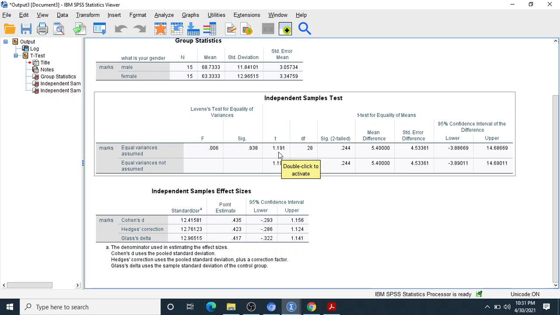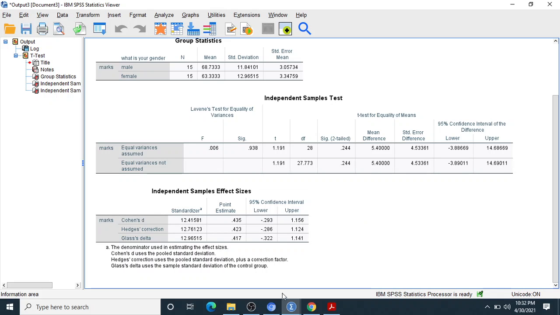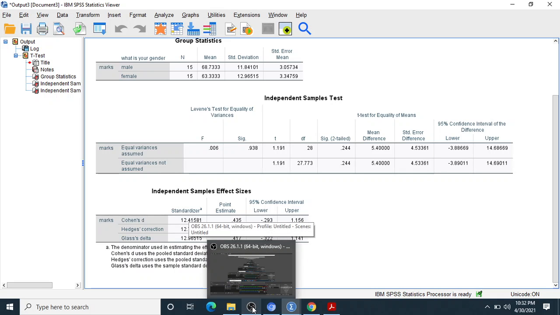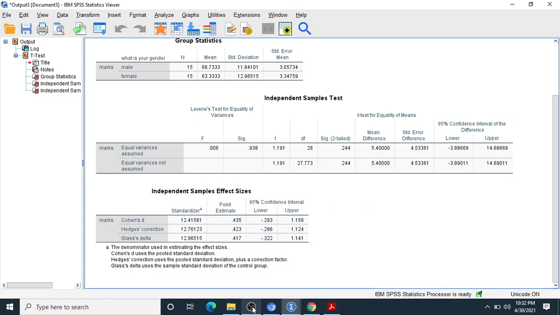Now we select this one. The t value is this. The degree of freedom is 28. The significance is 0.244. So now it gives the output. If the value is less than 0.05, it means there is a significant difference in the marks of the boys and the girls.